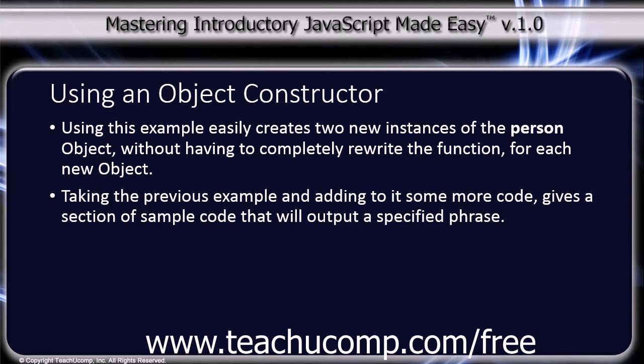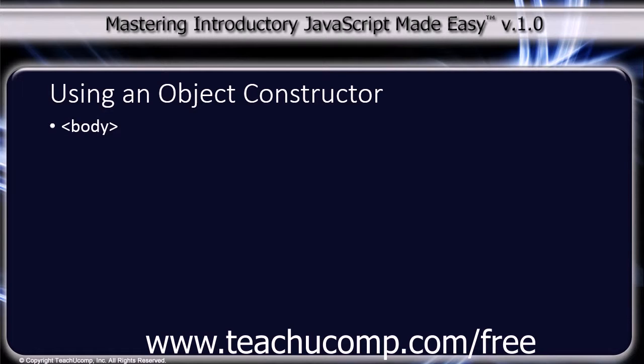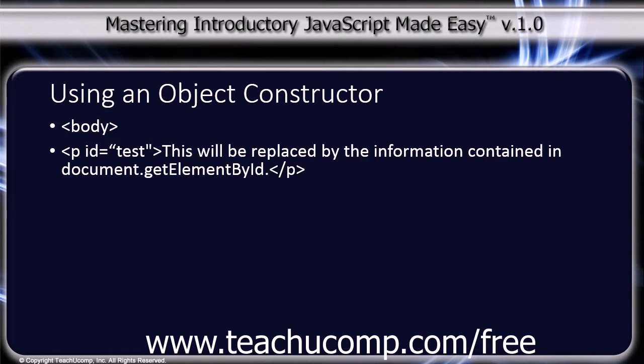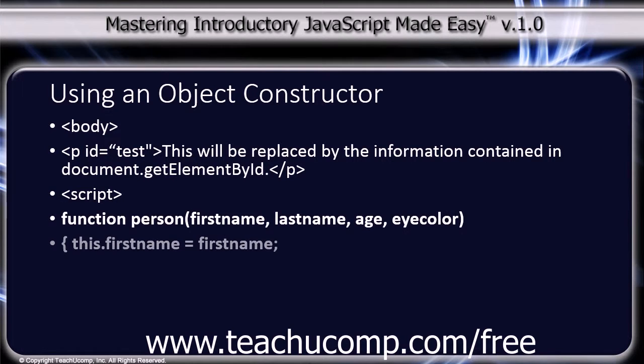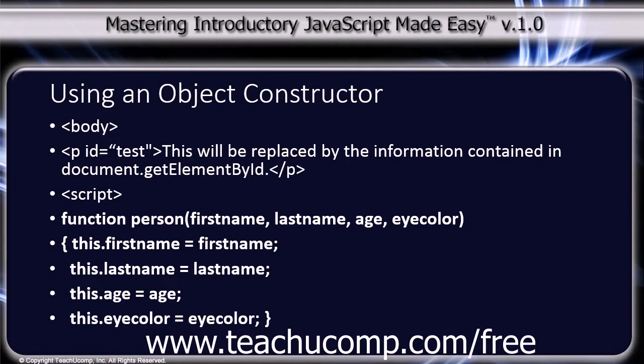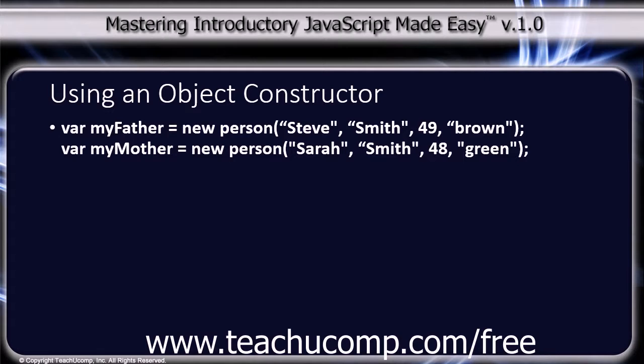Taking the previous example and adding to it some more code gives a section of sample code that will output a specified phrase. We have a body tag, paragraph tag with an ID of test. This will be replaced by the information contained in document.getElementById, close paragraph tag, script tag, and our function creating the person object, and then our two variables, myMother and myFather, and then the new code we're adding,